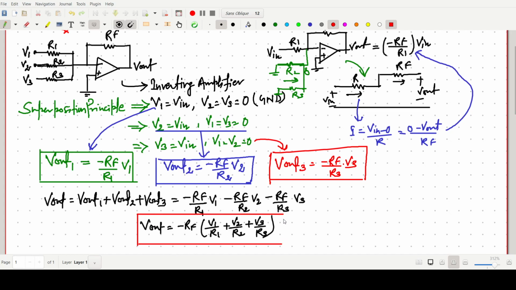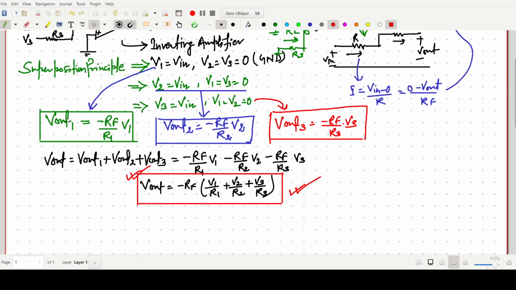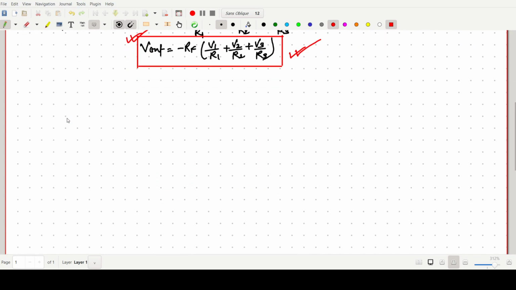Okay, clear? So this one is one way to find the summing amplifier. This was an inverting summing amplifier. It may be non-inverting, so again we have to write it for the non-inverting case. For the inverting summing amplifier we have to write this, and you can analyze any op-amp based circuitry by using the superposition principle if more than one input is there. So this is all about the summing amplifier. Okay, now we will go to the next, the integrator circuit.